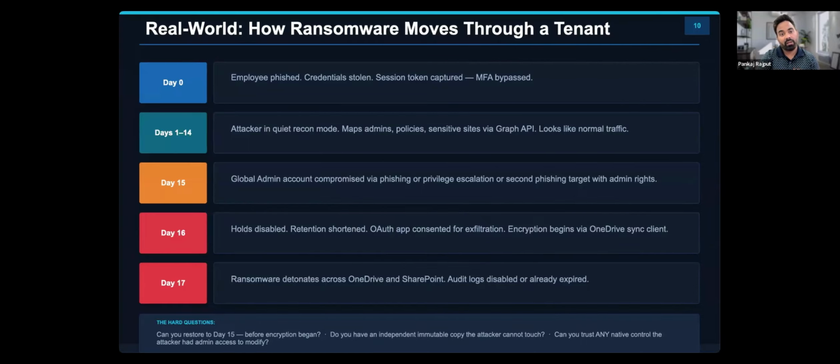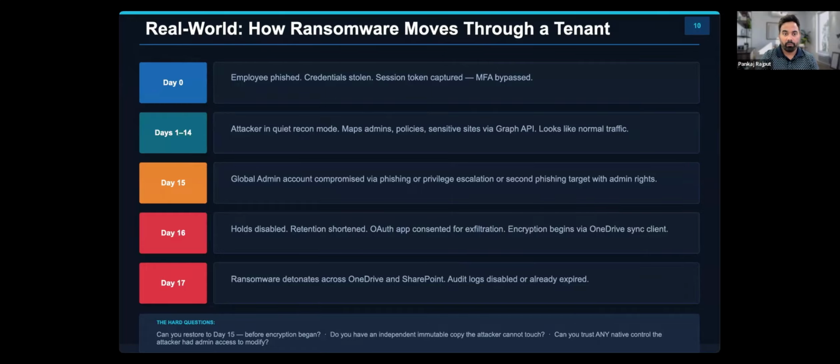Now, by day 50, they get global admin credentials or rights, maybe by phishing a second person, maybe they found a service account with admin rights and no MFA configured, right? There can be a lot of gaps. That's why we have to identify all those gaps within identity and close them, right? And also protect identity in case it is compromised, in case there is some misconfiguration, how do we come back,